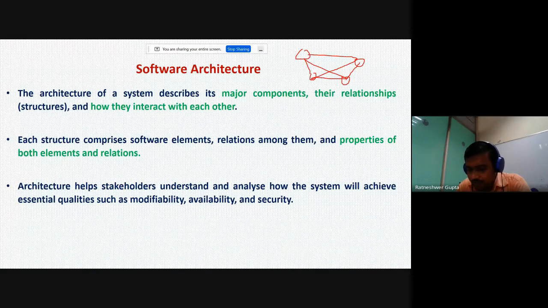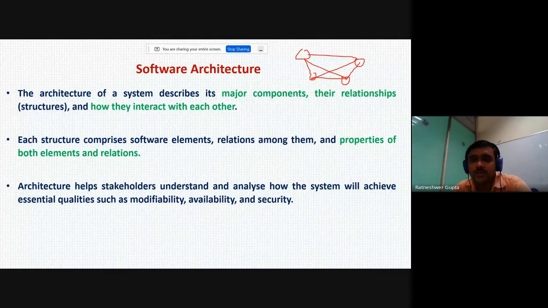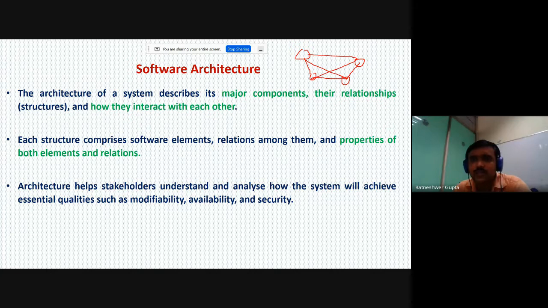If we want to understand the system at the initial level, we do not have much detail of the software system. Basically we have the major components involved in a system, their relationships, and how they interact with each other.